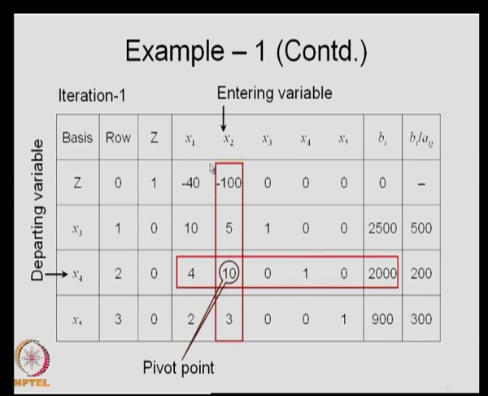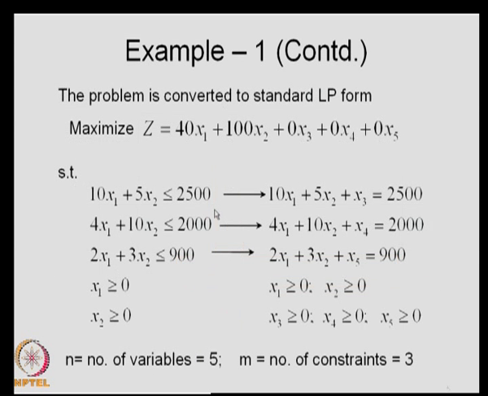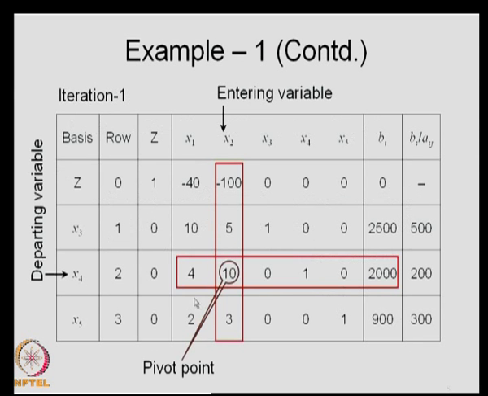Then corresponding to each of these rows, that is row number 1, you write the coefficients of the associated variables x 1, x 2, x 3. So, 10 x 1 plus 5 x 2 plus x 3, that is this constraint, is equal to 2500. The other variables will be 0. Then similarly for other rows, that is row number 2, you write the coefficients, row number 3, you write the coefficients. Now, you recall what we did in the previous lecture for solving this problem by the simplex method.